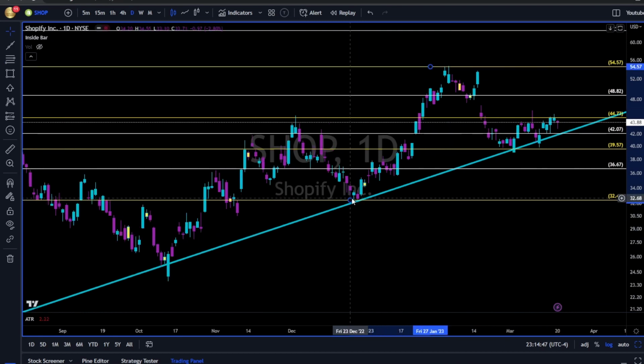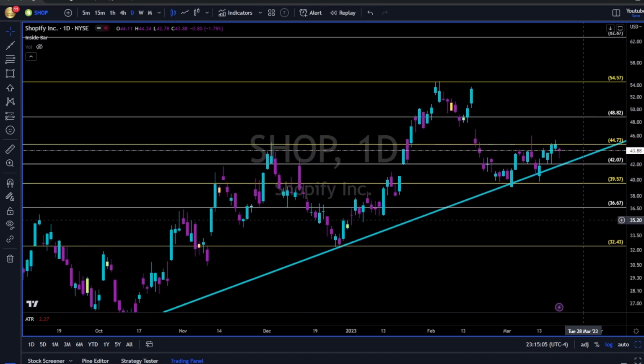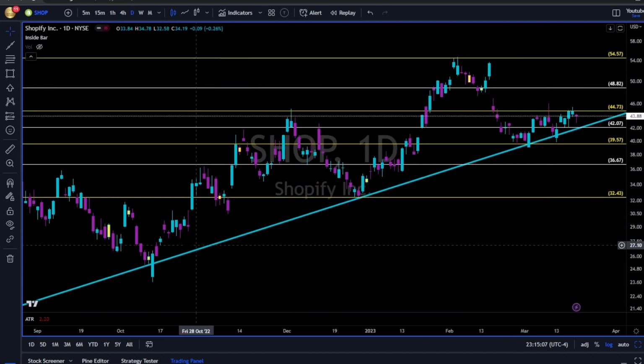Shopify, swing low, swing high, retracement, trend line now. Fibonacci 4473, 4480. Very tough resistance. Look here, and look over here. So if you're planning on going long on Shopify, which is looking good,